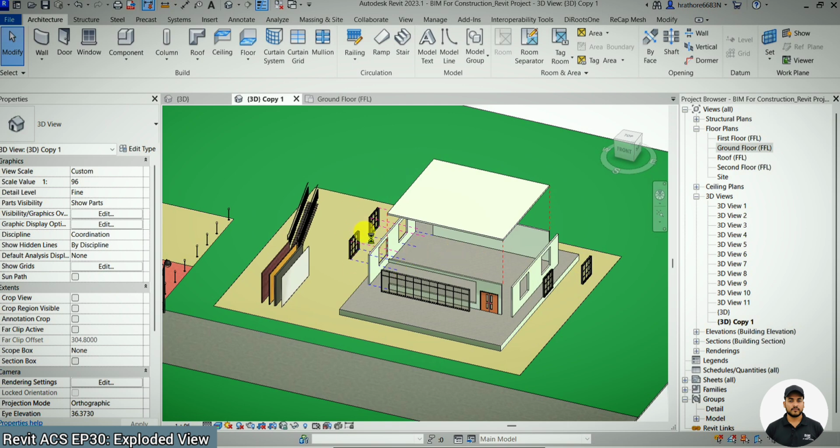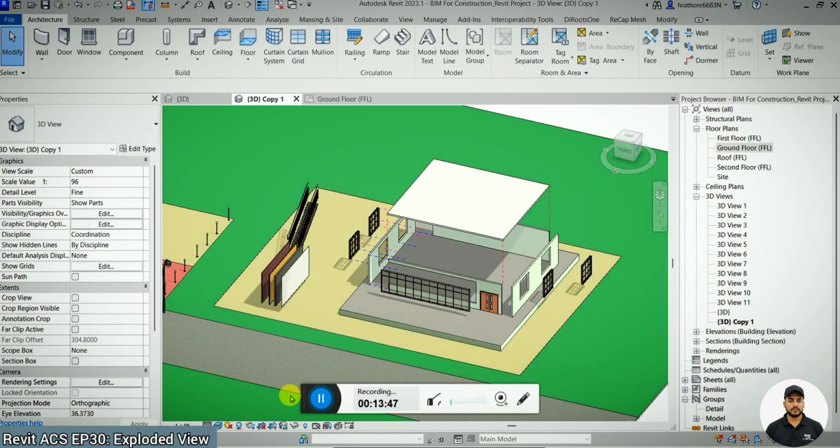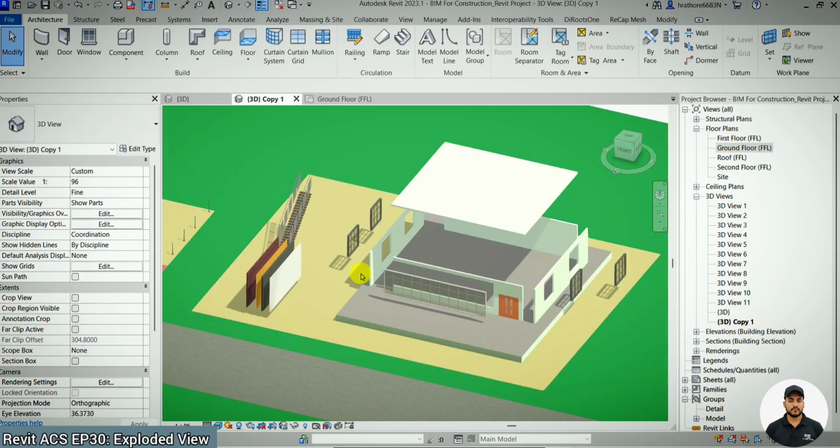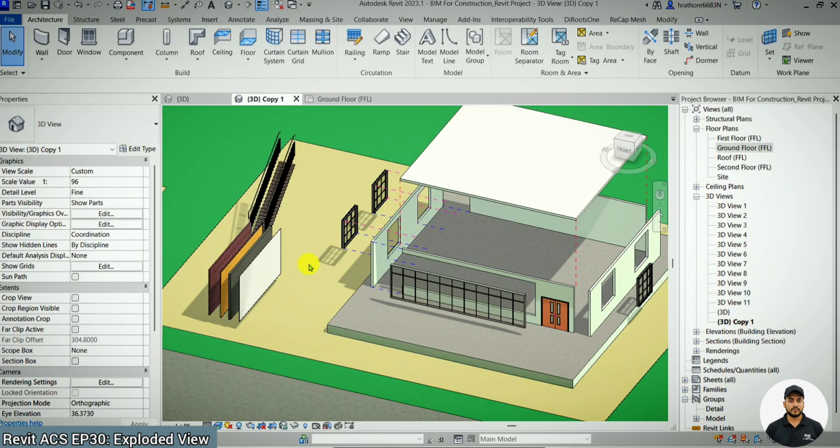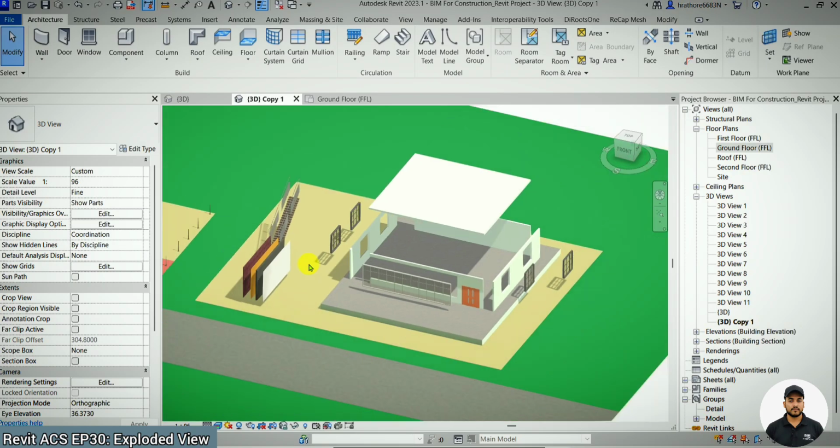Okay, so this is how you can enhance your graphic display settings more as per your project requirements. So right now you can see we have some shadows here, we have a little bit more sunlighting, so you can adjust those settings also as per your presentation. So this is all about the